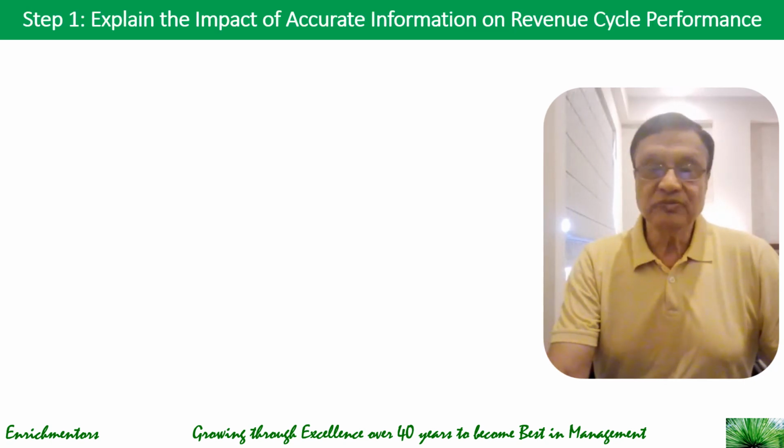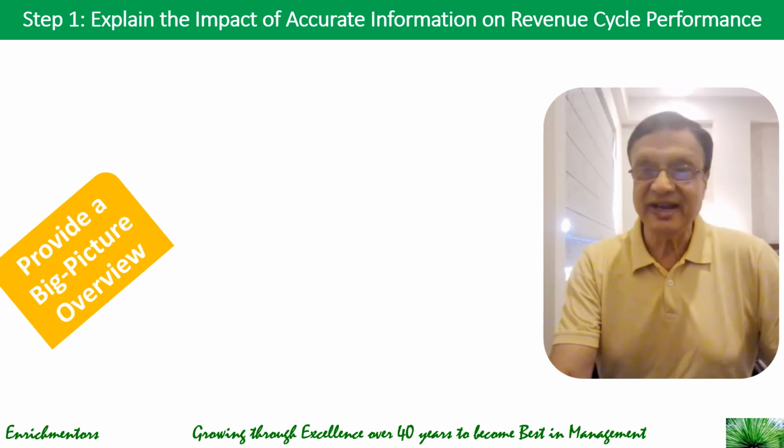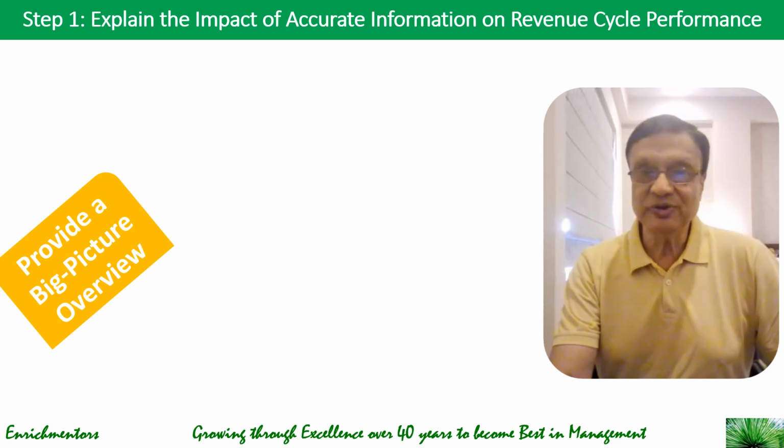Right. So what you need to do in step one is to start by helping your staff understand why their role is critical to the success of the revenue cycle. And what you need to do is to provide a big picture overview as a first thing in step one, where you explain each step in the revenue cycle, billing and collection, and how it affects the billing and collection. For example, you can show how incorrect data leads to denials, payment delays, and extra work of resubmitting